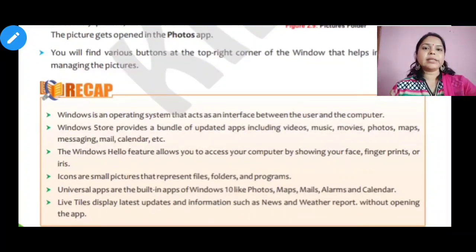So what is this? Live tiles display latest updates and information such as news and weather reports without opening the app. Means it is always displayed over there in the form of small tiles. You can resize, you can move the tiles, you can join different tiles together according to your choice. Okay, so hope you understood this chapter very well.